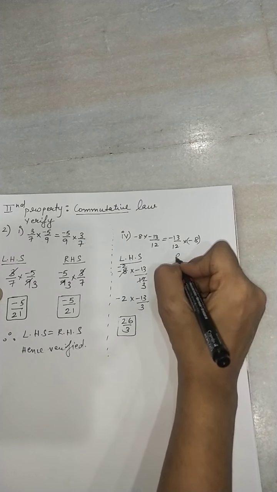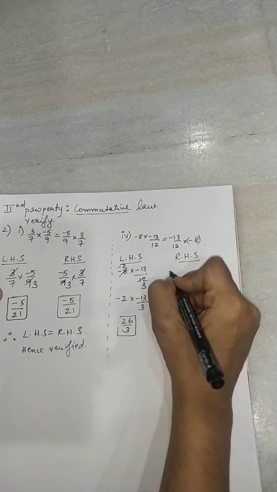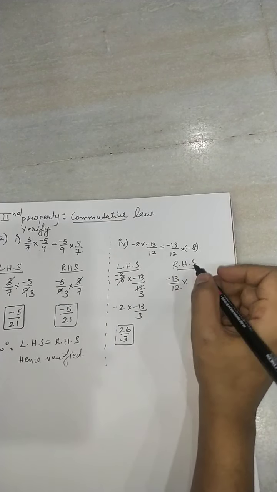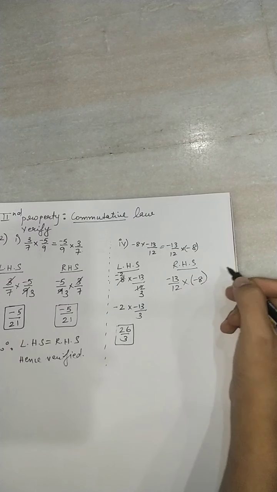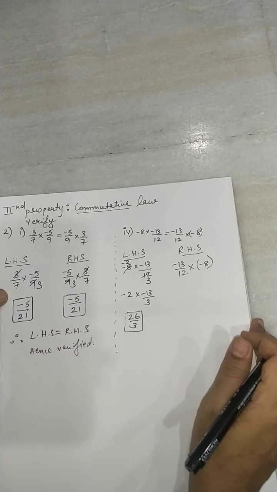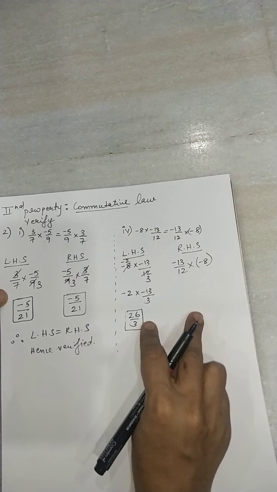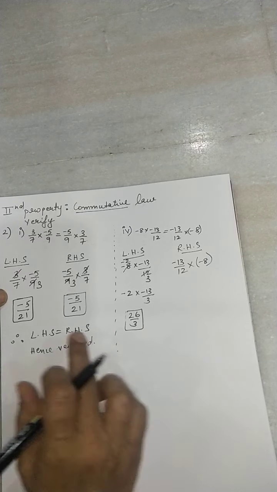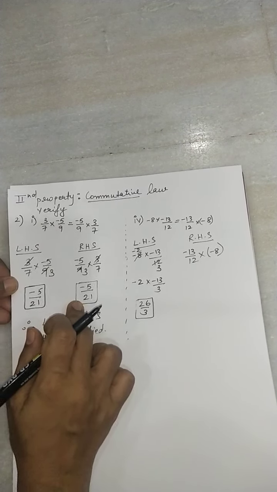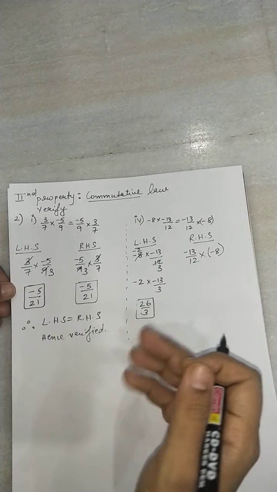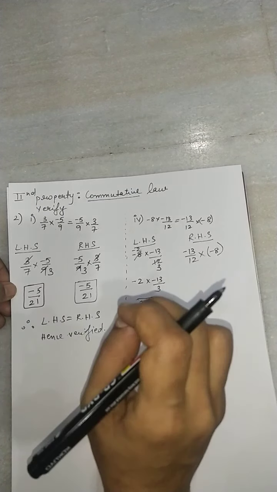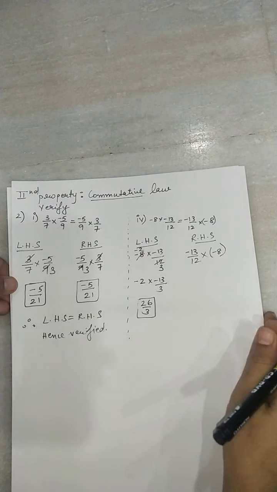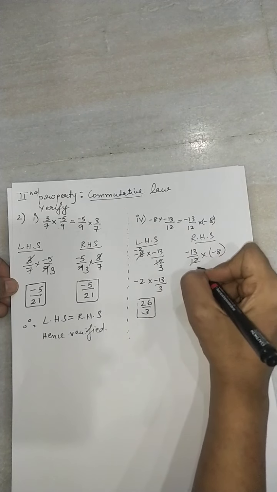Now similarly I will solve RHS. You can see the values are the same, students. If you see, the values are the same, only the order has been changed. So in your mind you can guess the answer would come the same only. Okay, there is no change in sign also. So you know that the answer will come the same. In case you are getting LHS and RHS different for this type of sums, please check again. Maybe you have made some mistake. Okay, for sure you will get LHS equal to RHS when the values are the same and the sign is the same. Yes, okay, so again I'll do the same thing here.